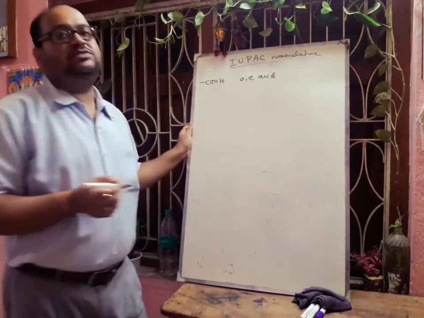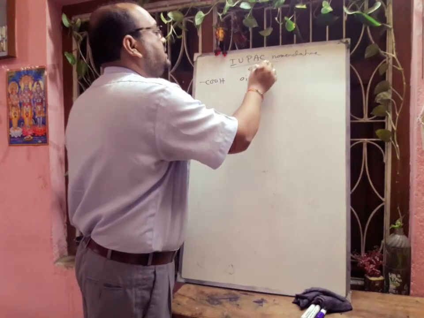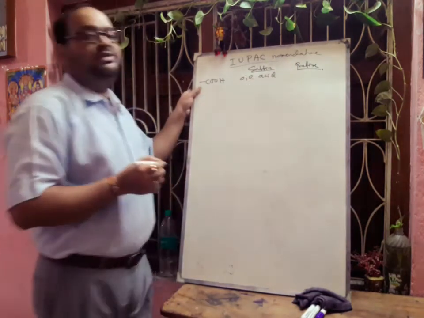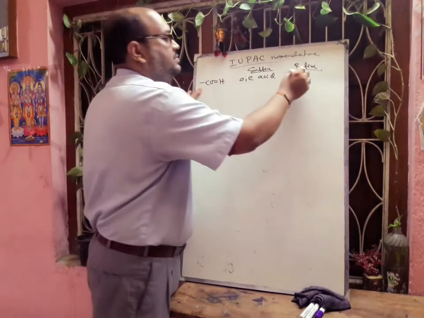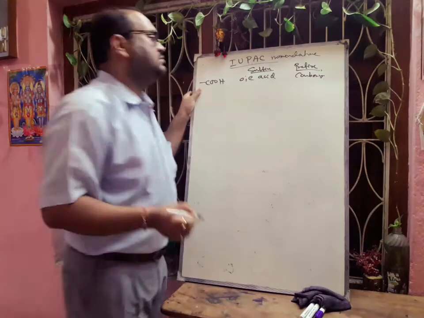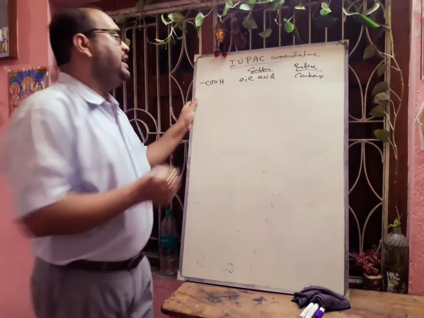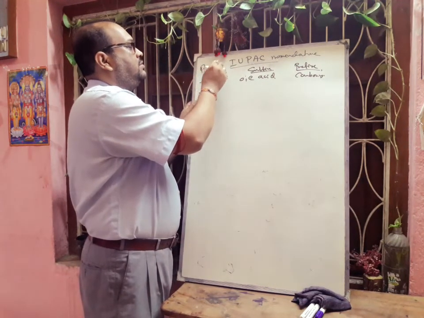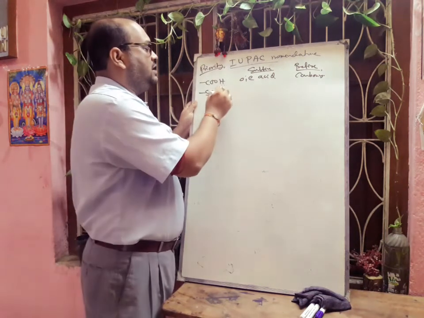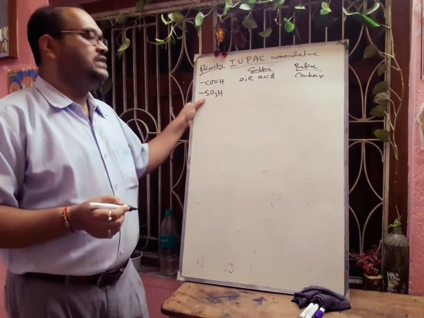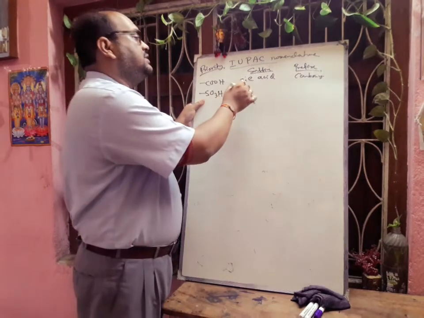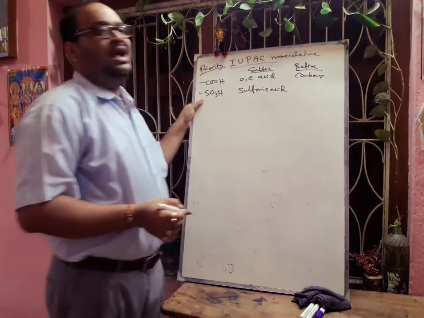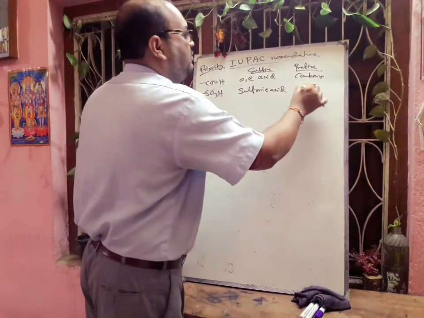What will be the oic acid? This one is the suffix. And if it is a prefix, then what do you have to write? If COOH is the prefix, then you have to write carboxy. And in each case, you have to practice examples. Next, this is according to the priority, and we will check your book also. Next, there will be SO3H. In case of SO3H, the suffix will be sulfonic acid, and as a prefix you can add sulfo.